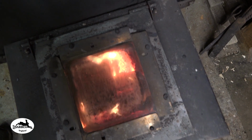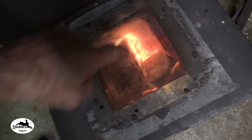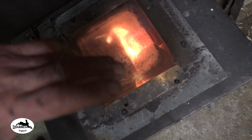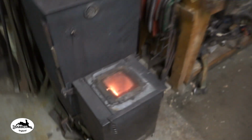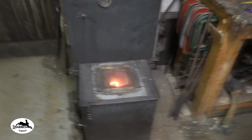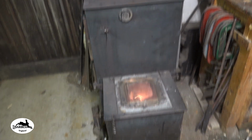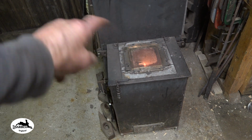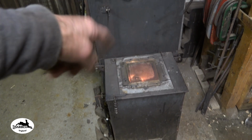In the firebox, you can see there's virtually no flame going into the riser. What's burning in the riser is gas. So you understand that, I'm sure you do. And that is when this stove is burning at its most efficient, when the firebox is hot, when the riser is hot, and when this is kind of acting like a gasifier